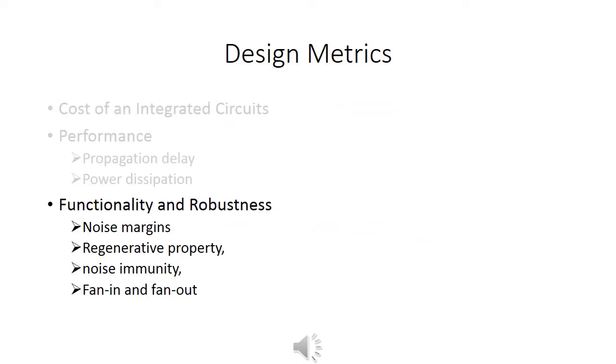In the last lecture we have studied two major design metrics. The first one is cost of an integrated circuit and the second one is performance. In cost of integrated circuits there are two major sources. The first one is non-recurring engineering cost and the second one is the recurring engineering cost. The non-recurring engineering cost is the fixed cost which has to be borne by every project or product, while recurrent cost is the actual cost of the product.